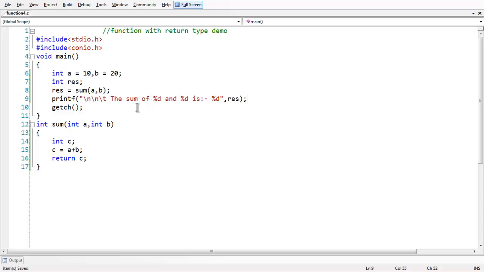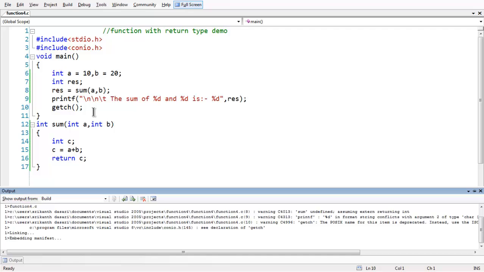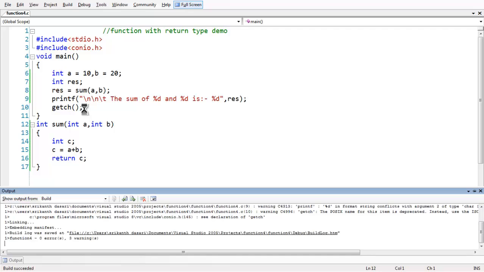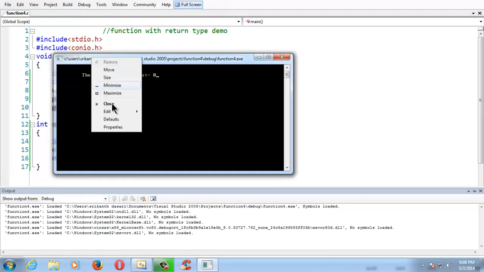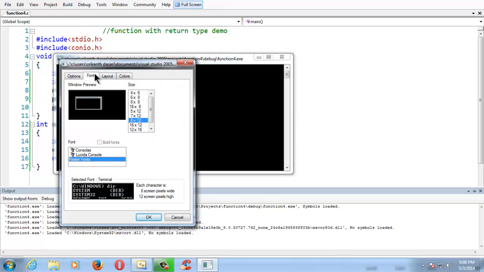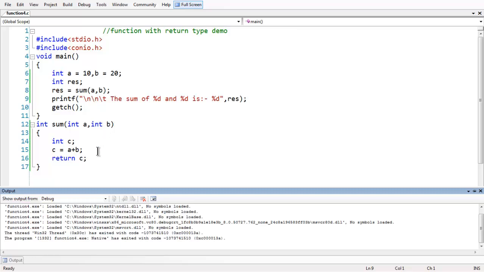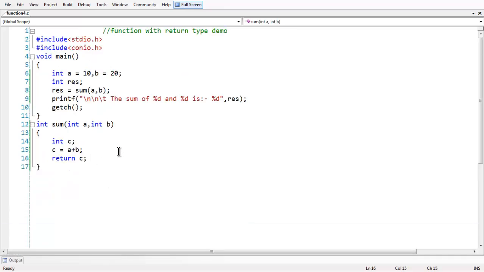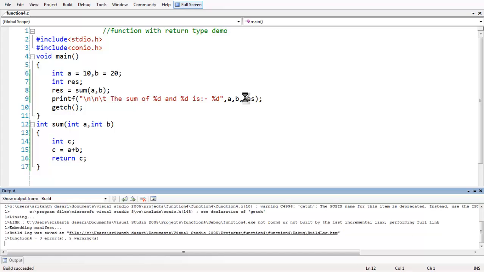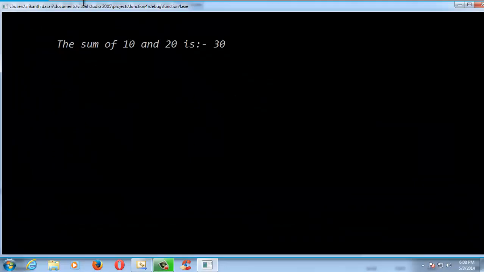Okay, so now if you save and run the program, so let's make it a bit viewable. Okay, so here if you see, the sum is 30 and 0 is 0. So why is it getting a 0 here? Oh, we have just skipped the values of a and b here. Okay, now if you save and run the program, you get sum of 10 and 20 is 30, which